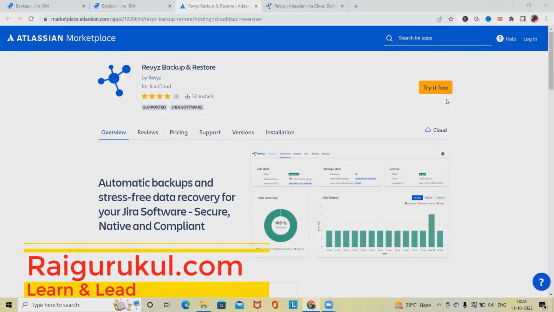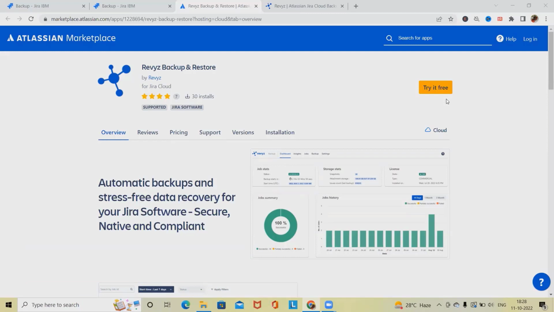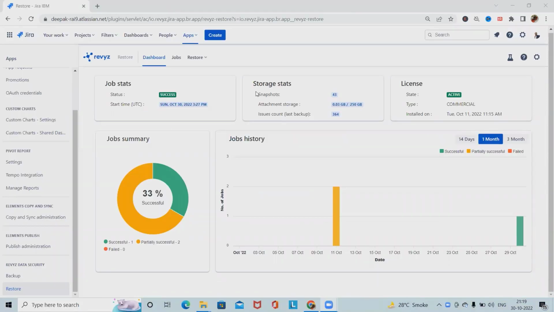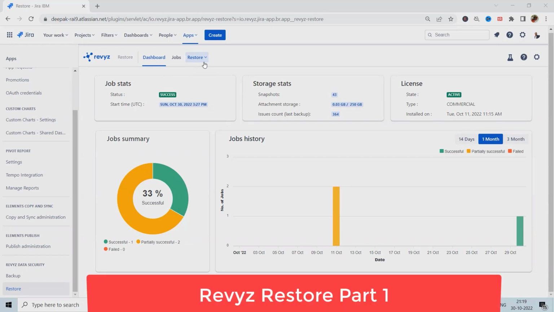Welcome to RaiGurukul.com. In this video, we'll discuss the Jira add-on for backup and restore created by the Revyz team. In the previous video, we covered backup, but this time we'll cover Revyz Restore functionality, which is an add-on of the Atlassian Jira product. This is Jira Restore part 1 video, where I cover the different aspects of restore functionality,